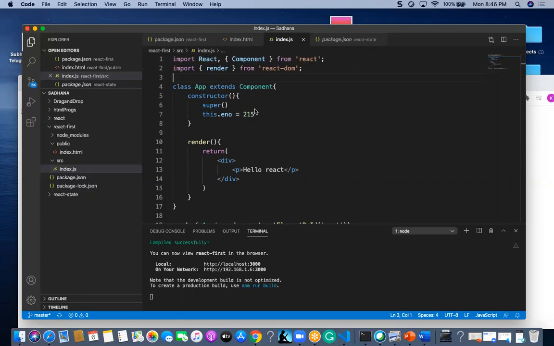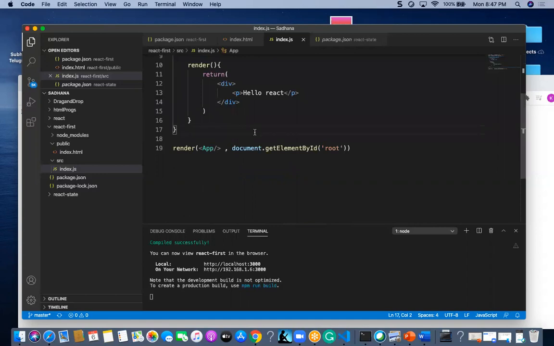Now I want to add some properties or some kind of function, so to do that I am going to write App.defaultProps is equal to.